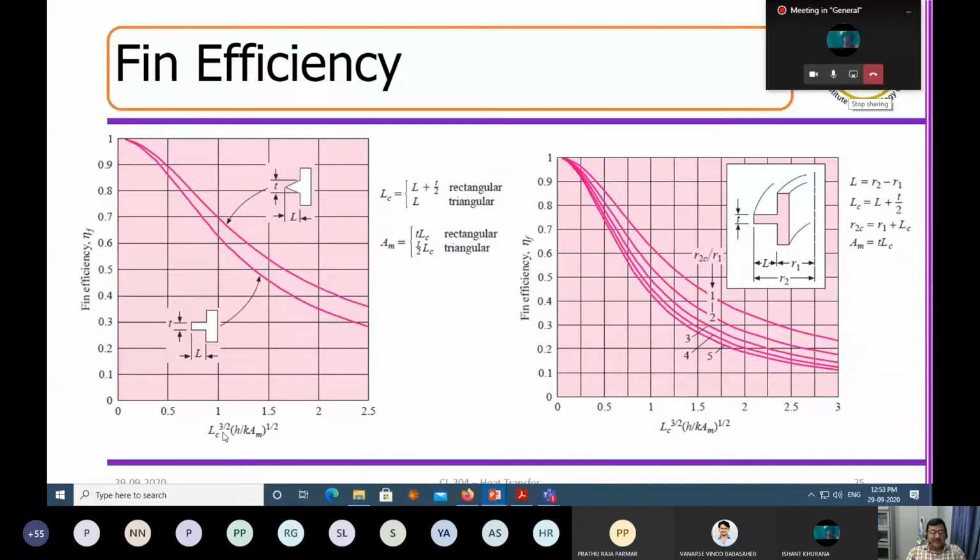These two ratios give me the fin efficiency, and if I plot this fin efficiency versus certain geometrical parameters, I am coming to this. These are all parameters that we fix the moment we fix the fin. So what I can see is that the fin efficiency will be high when this parameter is low, and then it will gradually decrease towards a smaller value. So typically I should operate here. You can see rectangular, triangular, rectangular, triangular. I am going to tell you the basis of this parameter, and how exactly this fin efficiency is calculated.